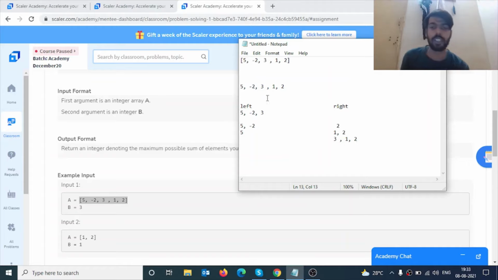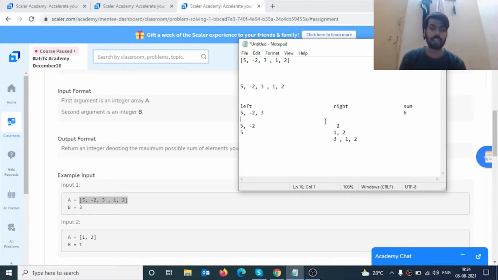So in this question we will pick the starting B elements, here B is 3, so we will pick 3 elements and find the sum. First we will find the sum of these 3 elements: 5 plus 3 plus 8 minus 2, 6, so the sum is here 6.